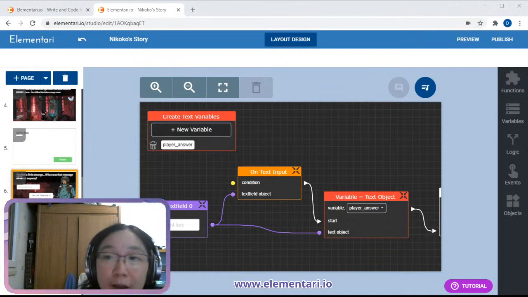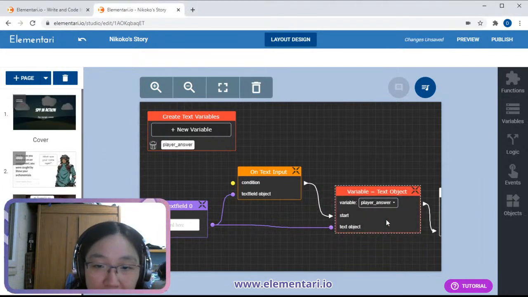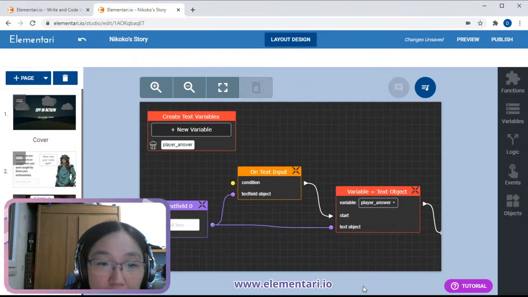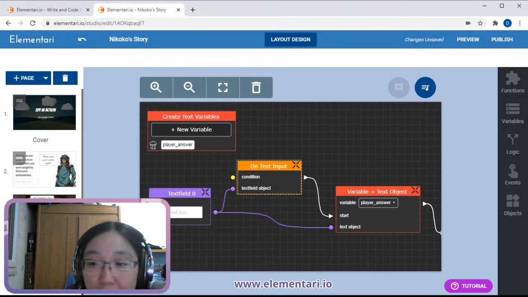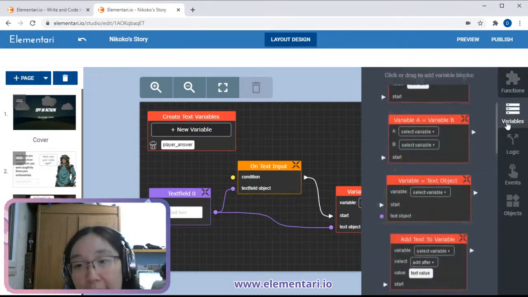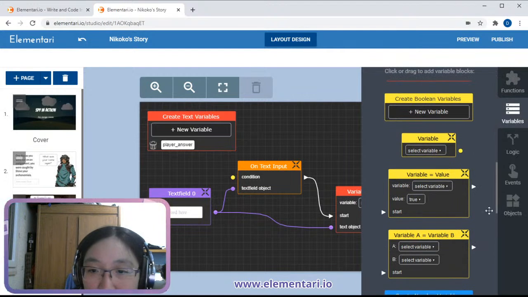So anyway, that's it for today. Our 1 hour passed by super quickly. We covered a lot, but there's still a lot more that can be covered with escape rooms. So next week, I'm going to be doing Easter eggs, and we're going to be looking at the Boolean variable, the yellow ones here. They're fancy and wonderful, and they are true and false.